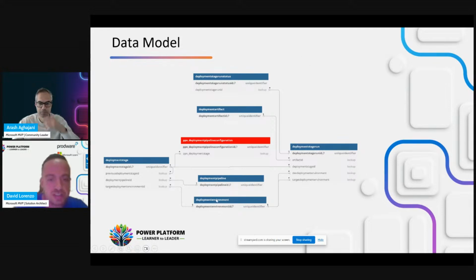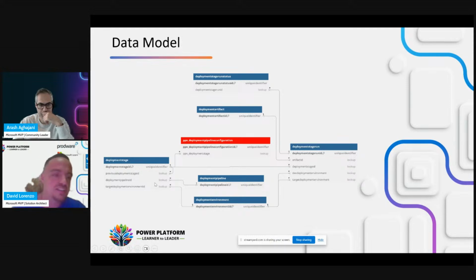So as you can see, every pipeline is a row here in the deployment pipeline table, which is linked to a deployment stage, okay? The pipeline can have more than one stage, and the stage will save every run that we do.